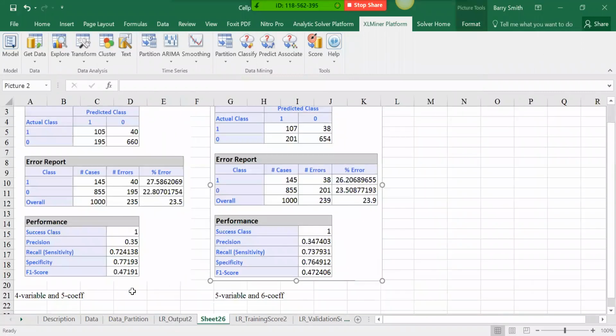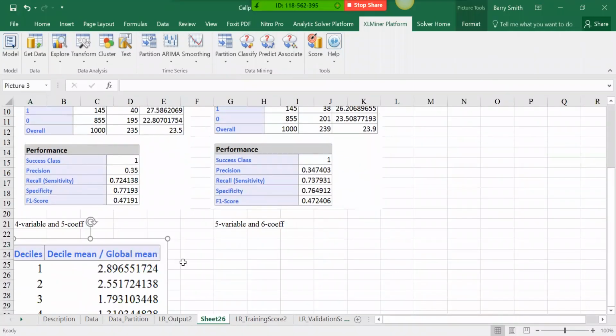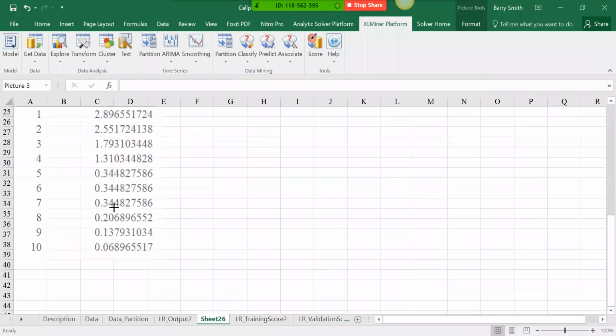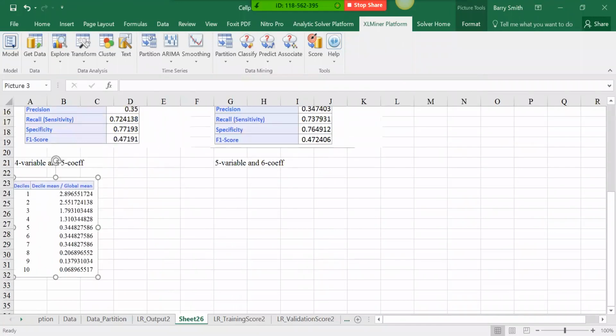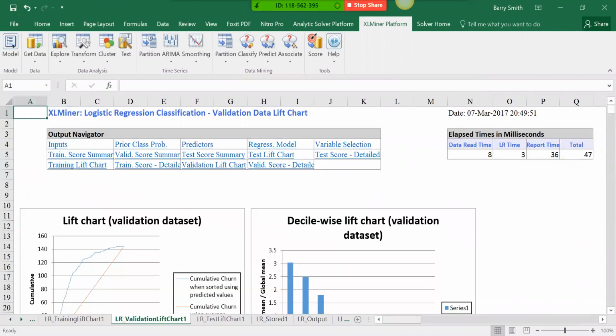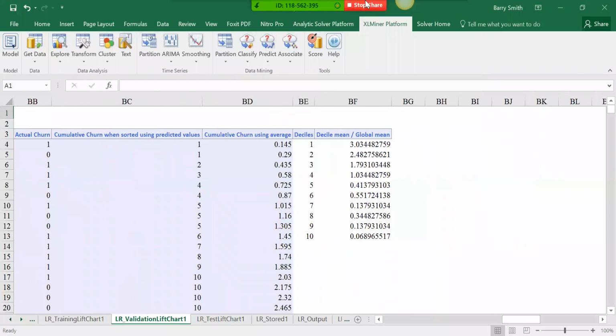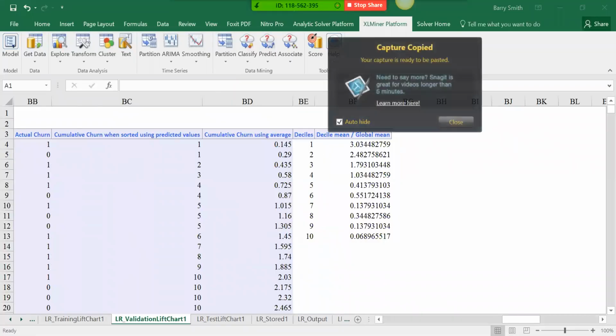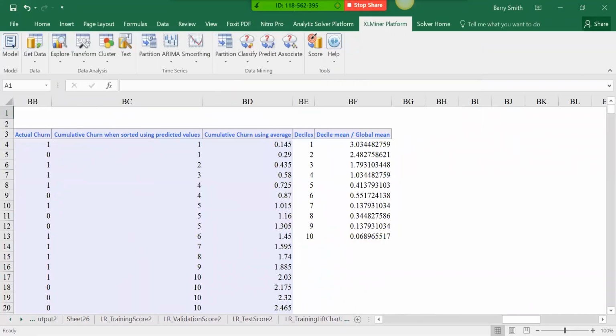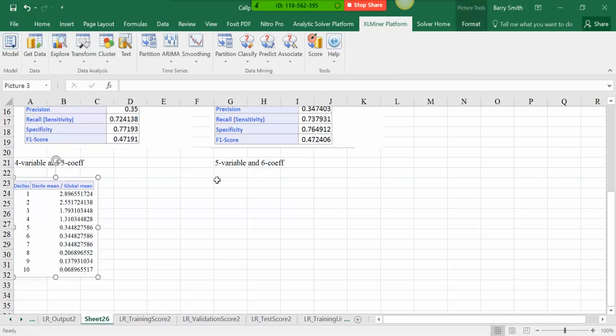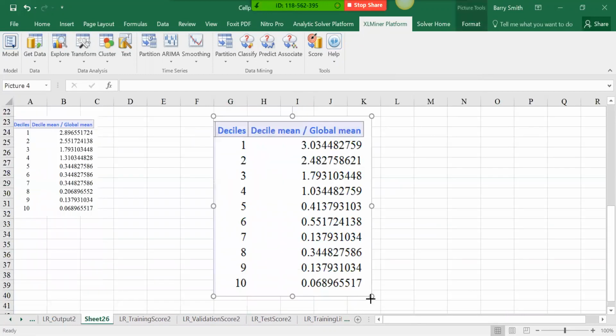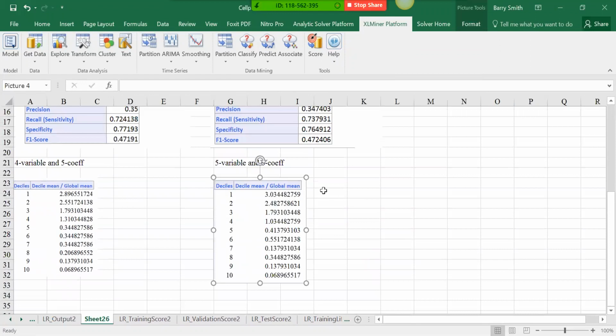And 26, I think that was with this one. And then let's go over to validation chart 1. And so now we have this one. And so we'll put that over here, shrink that up a little bit. All right, so